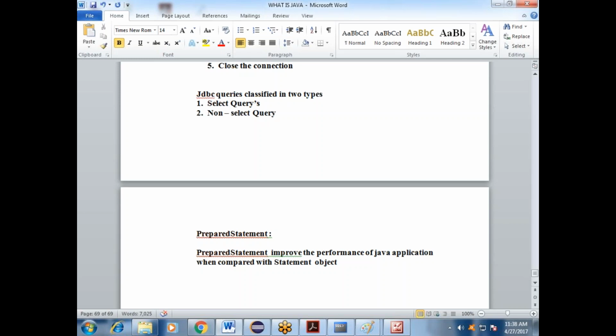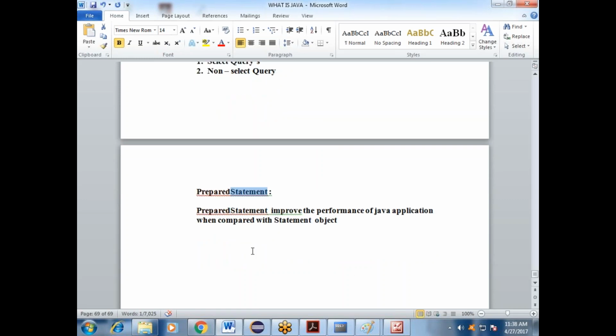By using PreparedStatement also we can perform CRUD operations, means whatever operations you performed through the statement, we can do the same. Got it? Then what are the extras, means the execution flow, what will we do? Inside that we have the execution flow. First, can you say the execution flow of JDBC?